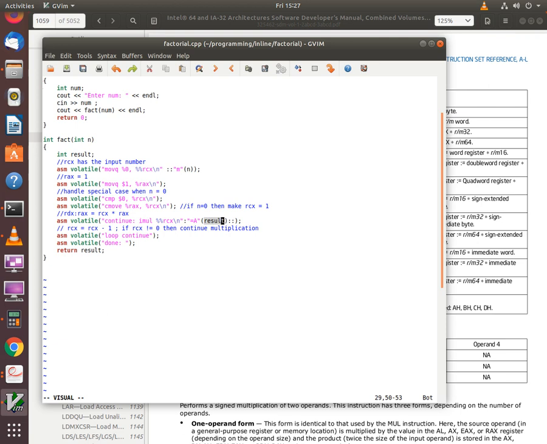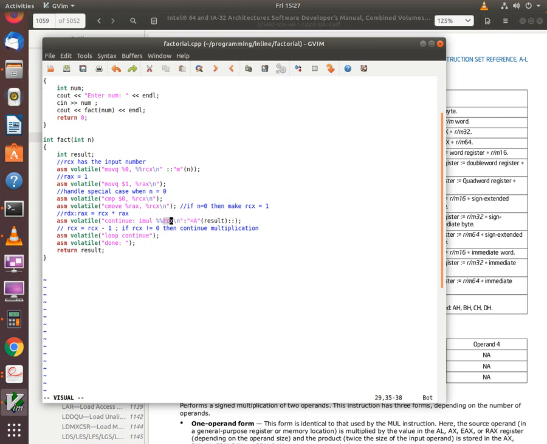Once a single multiplication has been done, we move to the next instruction, which is the loop instruction. The loop instruction decrements the value in RCX, and if RCX is not equal to 0, it jumps back to the label continue, and it again repeats the multiplication with the new decremented value of RCX.